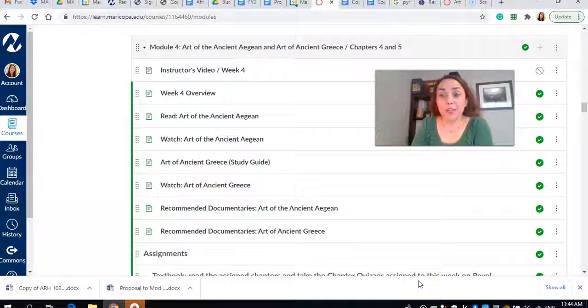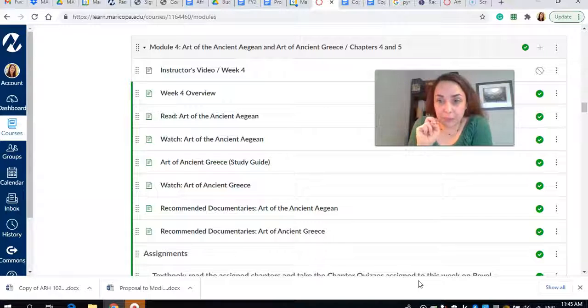This week we are covering 2 chapters and 2 cultures from our textbook and in our course: the art of ancient Aegean and the art of ancient Greece. Both of these are very interesting cultures. Aegeans are basically predecessors to Greeks. So that's why I put them together under 1 week, and you are reading 2 chapters and taking 2 chapter